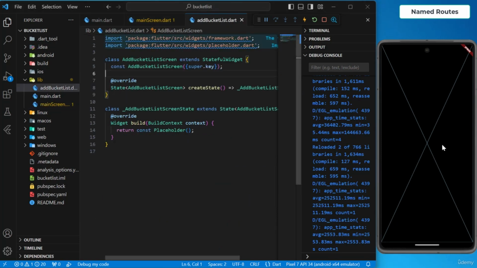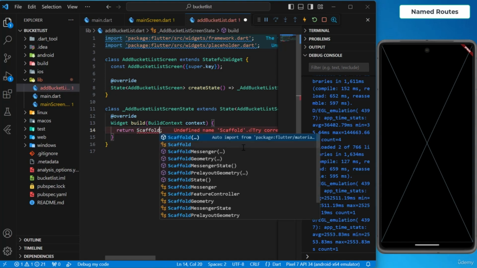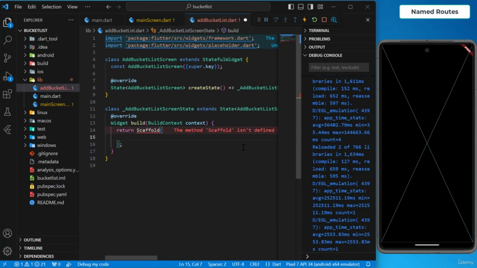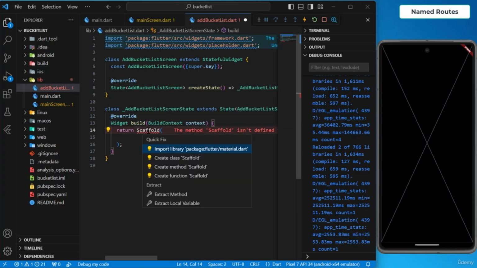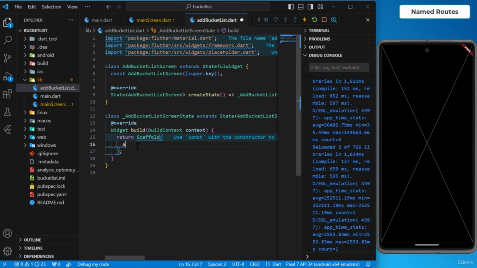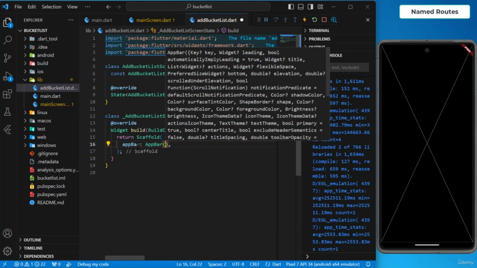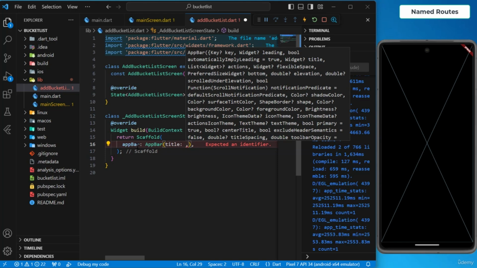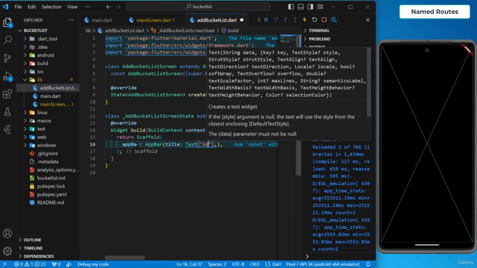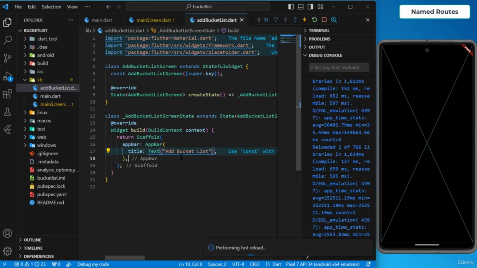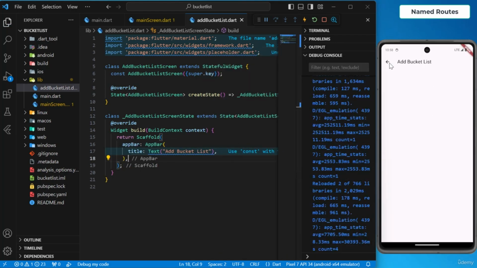and we don't have any scaffold over here, so we are seeing only this placeholder. Let's change this to a scaffold, and then let's provide an appBar for this. Before that, let's import this from material.dart. appBar equals to AppBar and then a title with text add bucket list. All right, and this will automatically